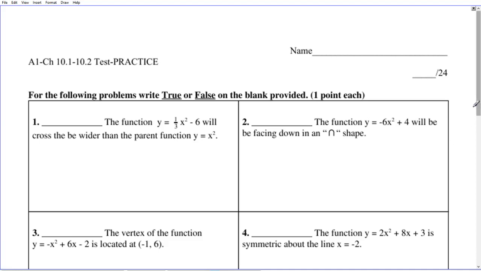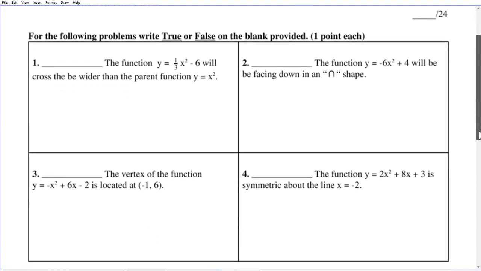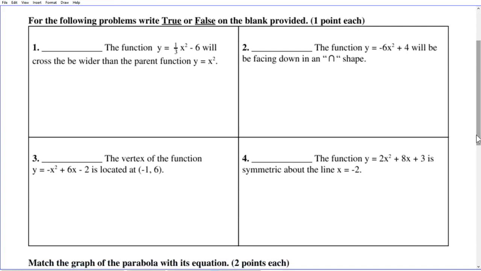So I'm going to start answering these questions on the practice test. Again, pause the video if you need to. I'm getting started. So the first 4 questions just ask us to write true or false in the blank provided. So the first one says, the function, this function, will,